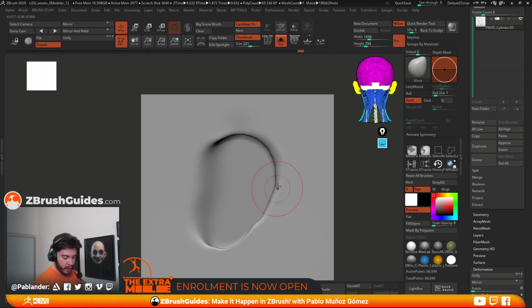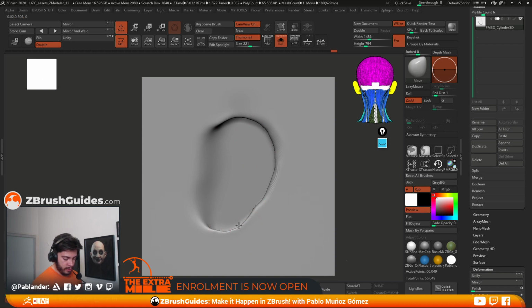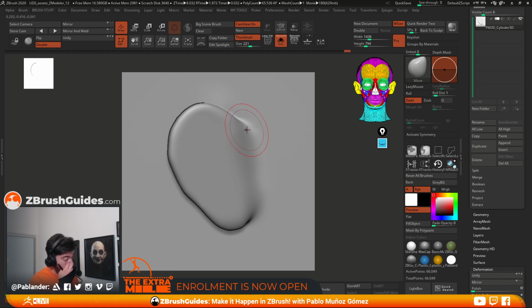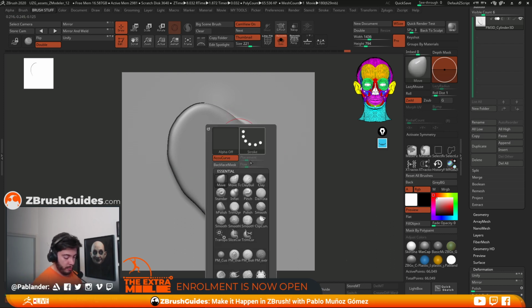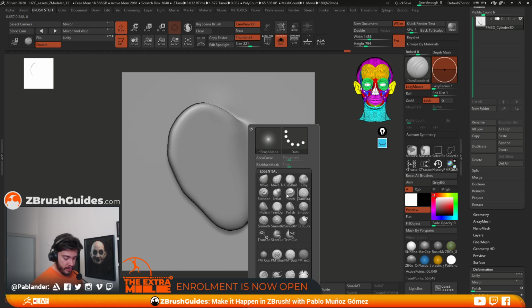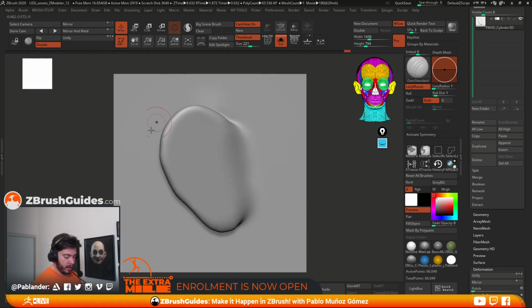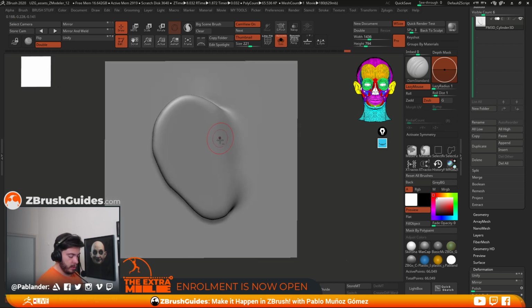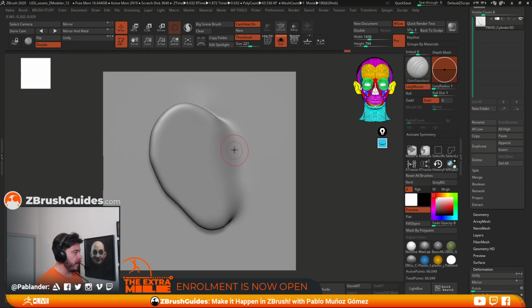Not sure. So I'm just tweaking this shape from the inside. Like so. All right. So now we have these shapes. Let's go ahead and work on the actual shape of the ear. I'm going to use the damp standard brush, obviously, to mark in the areas that I want to keep. So I'm going to start with the helix and the anti-helix of the ear. So you're going to have a face here as a reference. So very quickly, that's roughly the shape of the